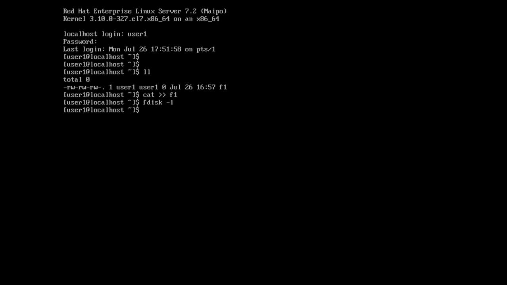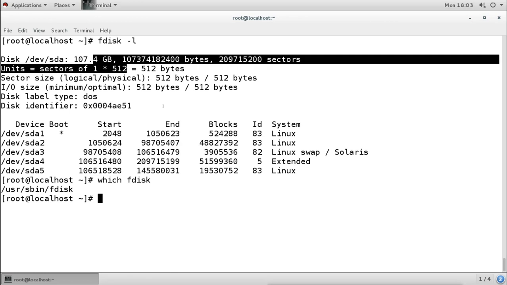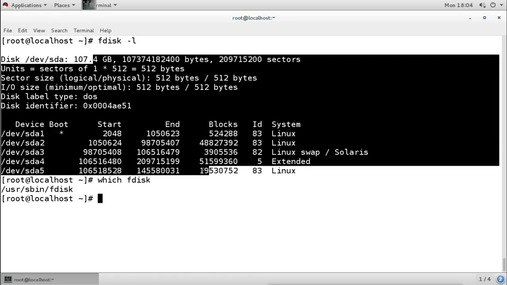Why am I not getting any output? Because this command is actually for the root user. We can verify using the which command and the command name where this command is. This command is under sbin, and sbin means it can only be executed by the super user, that is the administrator. So when root runs this command, it gets the output. When a normal user runs it, they do not get the output.